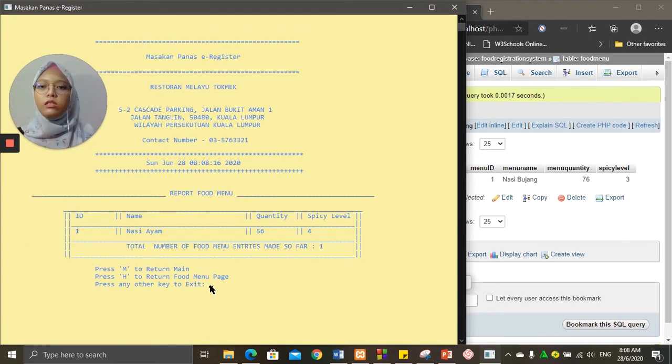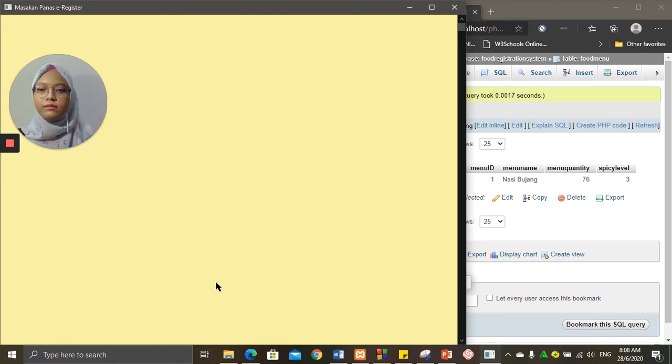Here under report of food menu, it will show you the details: ID, menu name, menu quantity, and the spicy level. It also shows the total number of food menu entries made so far, which is the calculation part of my system. The system will calculate the total number of food menu entries made so far. Okay, so we will press H to return to the food menu page.